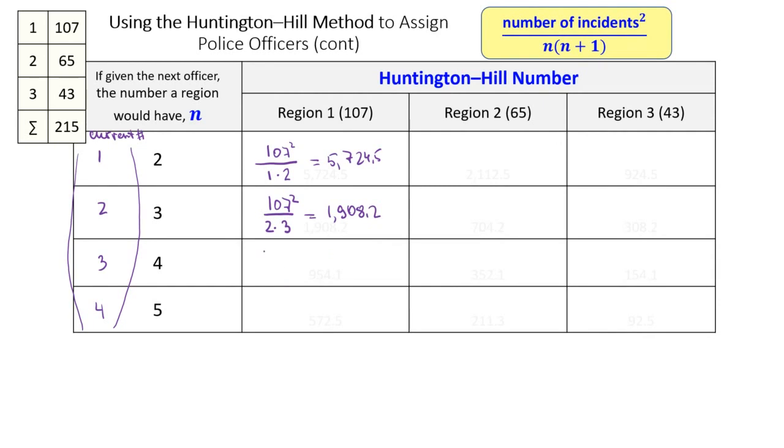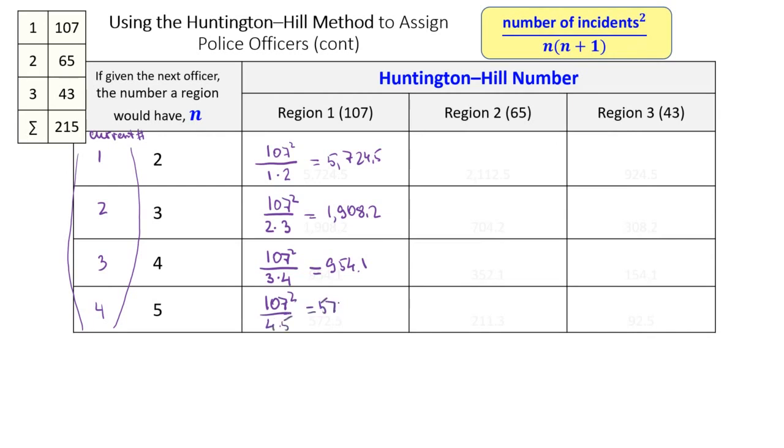The next, so if the current is 3, the numerator is the same, the number of incidents for this period of time that we consider, divided by current, by future. Okay, 954.1. And the last line, 107 squared divided by 4 times 5,